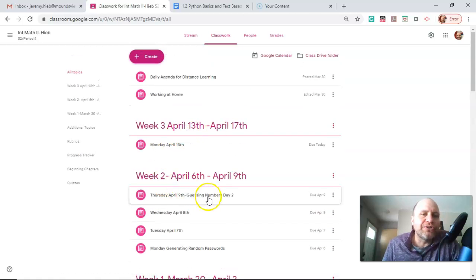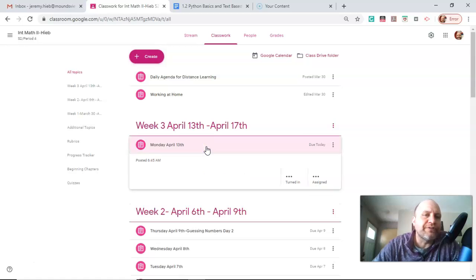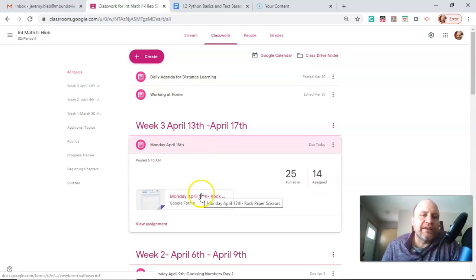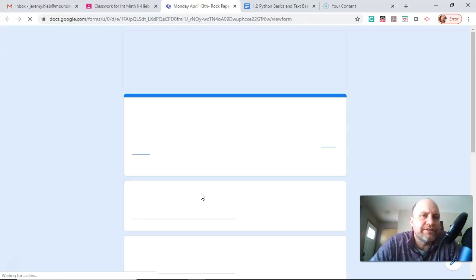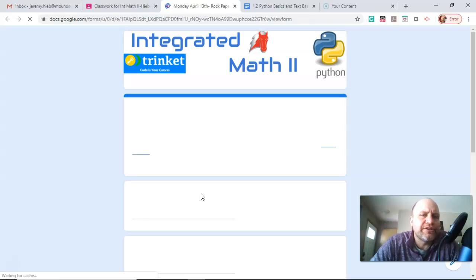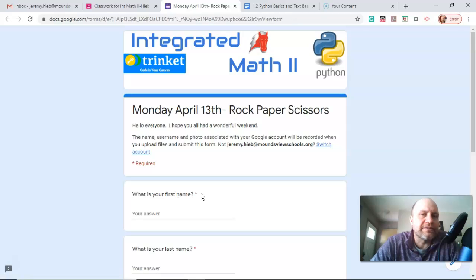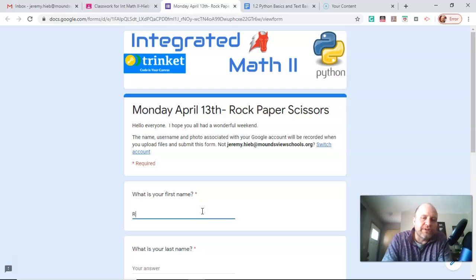Now what we're going to do is move on to the daily assignments. So if I click on this and open one up, it shouldn't make a whole lot of sense to you, because that's assuming you know a bunch of Python. So you don't. So what you do is you type in your name